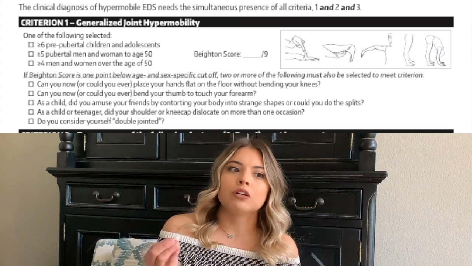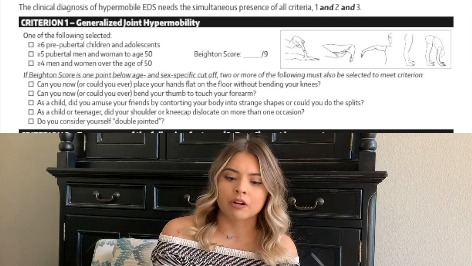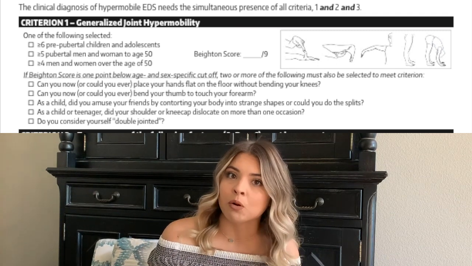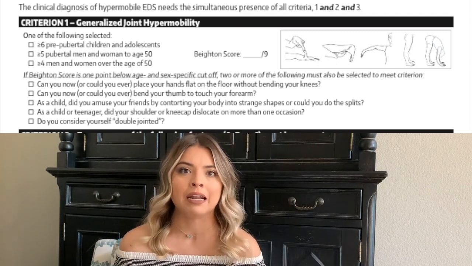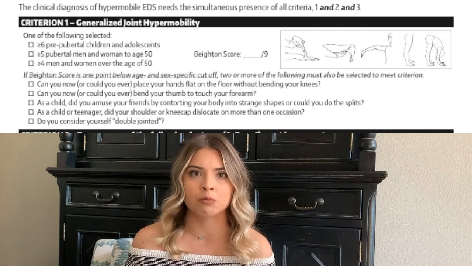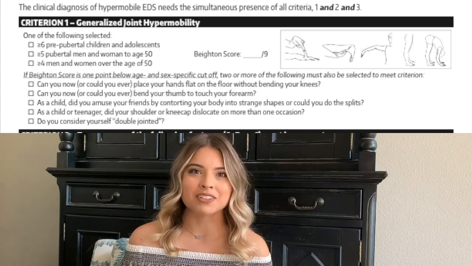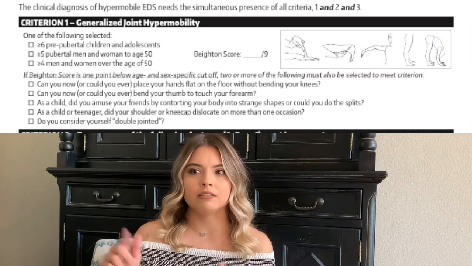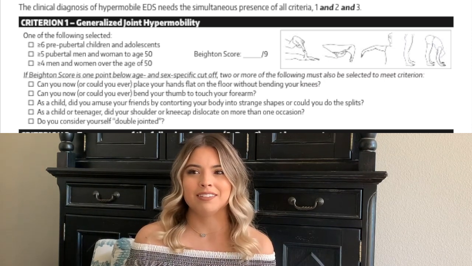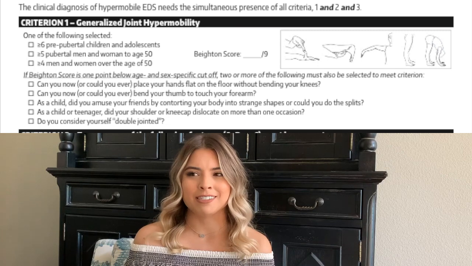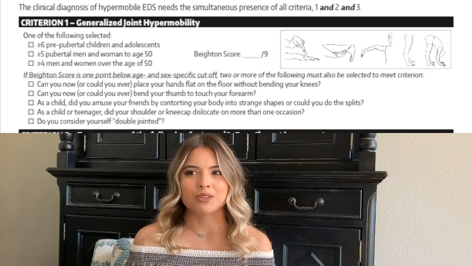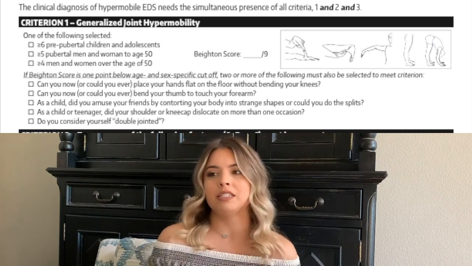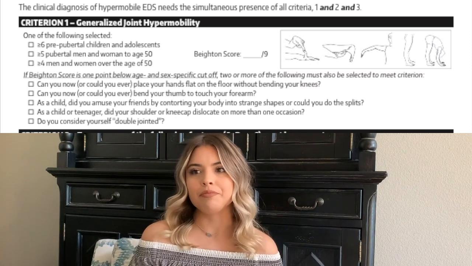So if you could at one point touch the ground like that, you were hypermobile, but now maybe you have bad hips because of your hypermobility, then you would answer these questions, if that makes sense, so that they know that you used to be able to do these things. Anyways,